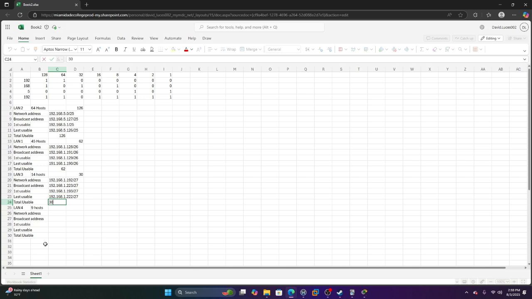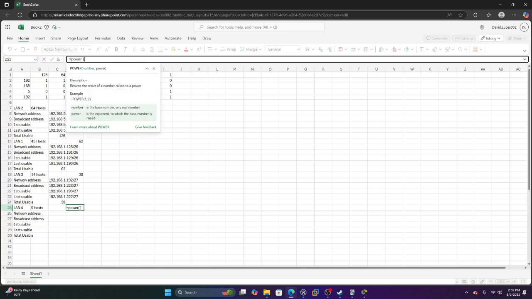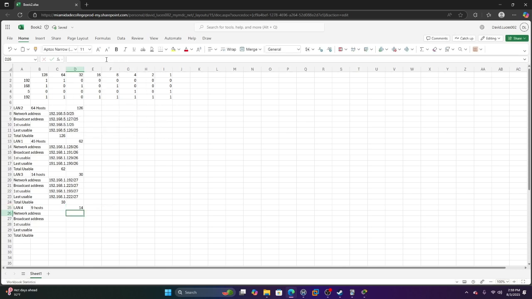That's our /27. And LAN 4, we have 9 hosts. If we do same thing, power of 2. In that case, we had 5 host bits, so we're gonna do 4 host bits just to check, and that gives us 14. If we do 3 host bits, that gives us 6. So that is not enough. So we're gonna go with